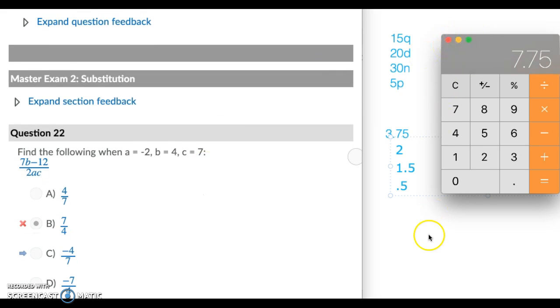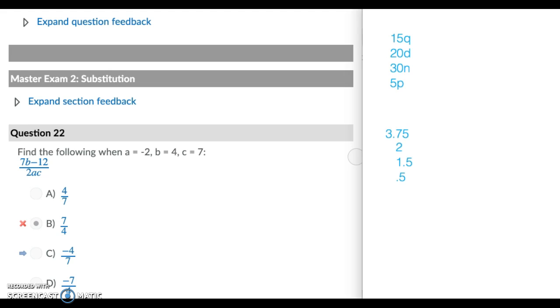Alright, so this one you're just going to plug in the formula. So you've got 7 times b, which is 4, minus 12, and on the bottom you're going to have 2 times negative 2 times 7. So negative 2